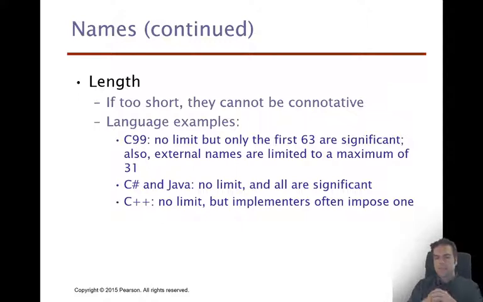Languages like C++, it has a long history going back to C99, and a lot of different implementations of C++ for embedded devices and so forth, so they don't want to impose a lot of rules. That's one of the difficult things about C++, is a whole bunch of features are undefined. And so the standard of the language takes you to a certain point, and then you have to read up on the particular implementation you're using to figure out how it fills in these undefined parts of it. So again, length is an issue